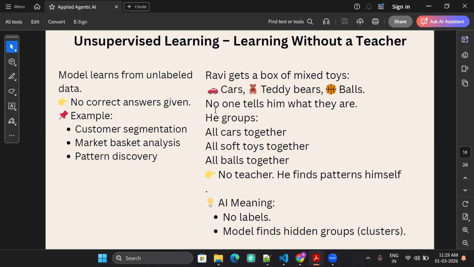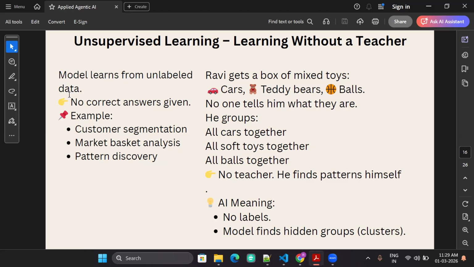Same way, unsupervised learning. Here the model learns from unlabeled data. You just give data, you don't say what is correct or not correct. So this is a much easier way, which means whatever we are doing today, like sending WhatsApp messages, uploading posts, writing an article somewhere, or putting anything on the internet, all that data is directly fed into big models by Meta, and Meta employees don't have to sit and label them.